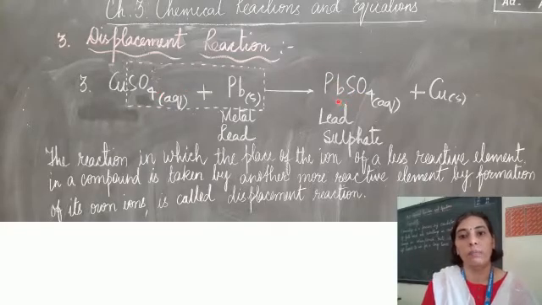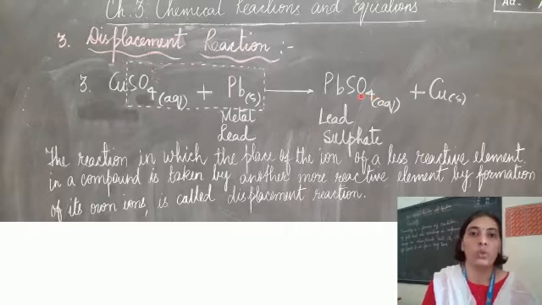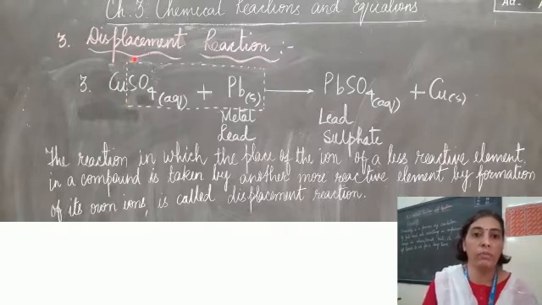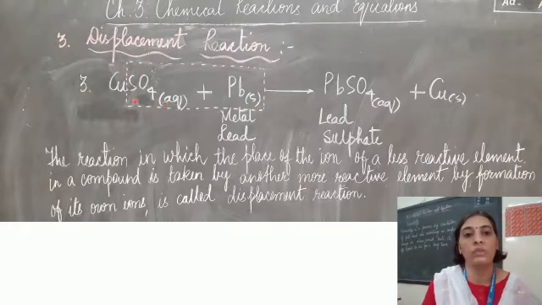So lead will start displacing copper from the copper sulfate solution, and in turn it will go on forming lead sulfate, that is PbSO4. Pb is again 2 plus charge and sulfate ion 2 minus charge. So again, when you cross the valencies, you will get the formula PbSO4, and along with this the next product will be copper. So this is how the displacement reactions are taking place. Here also I've just made one dotted box, which will tell you what the products are. So PbSO4 is one product and copper is the second product.